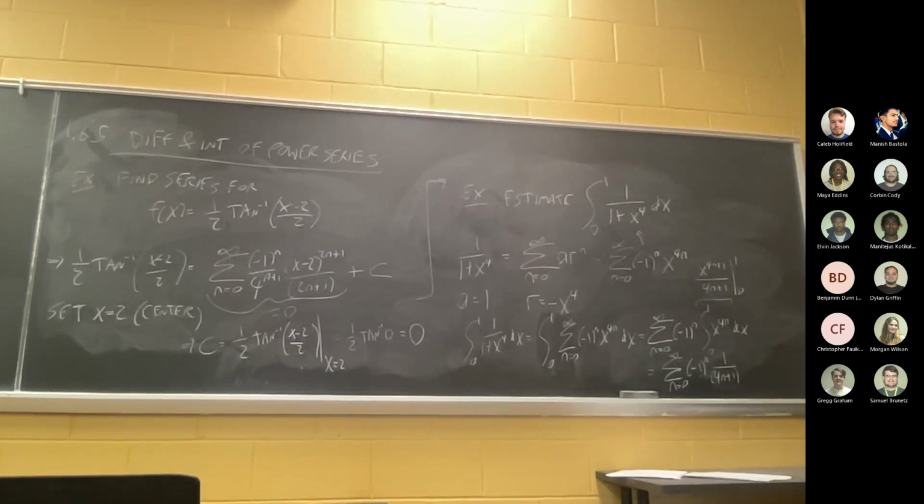And hopefully the series converges, but it does in this case, because what kind of series is this? It is an alternating series. The absolute value of the term is 1 over 4n+1. That is decreasing. It's going to 0 as n goes to infinity. So this whole series does converge. Don't worry about that. So we may not have a quick way to get the value of the sum, but to get an estimate of the integral, which is the best that we can hope for,